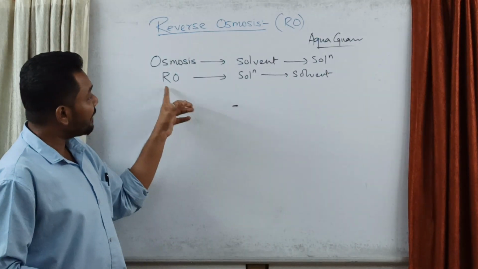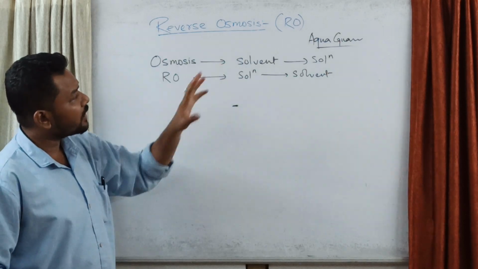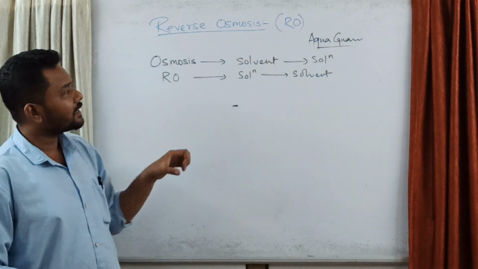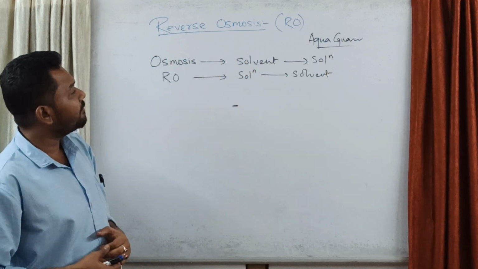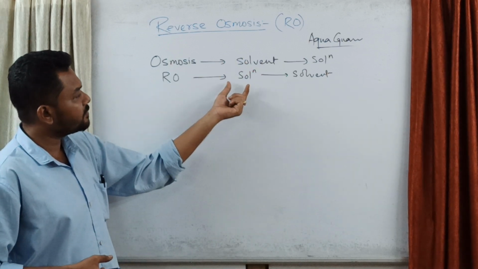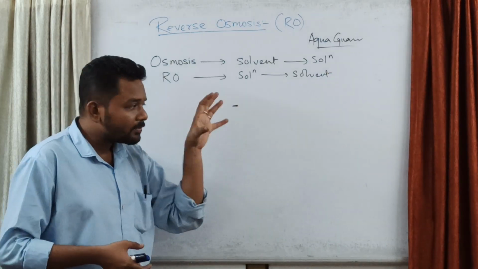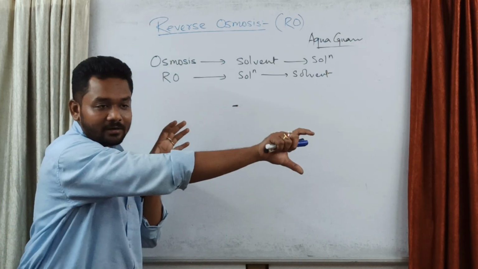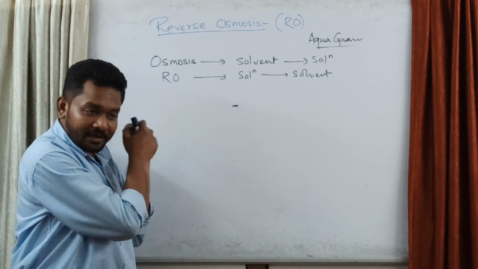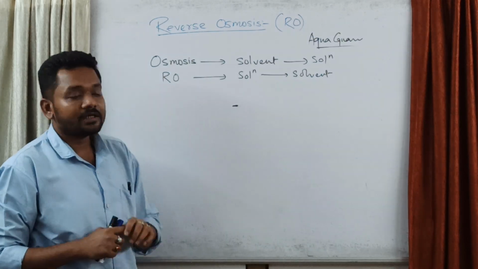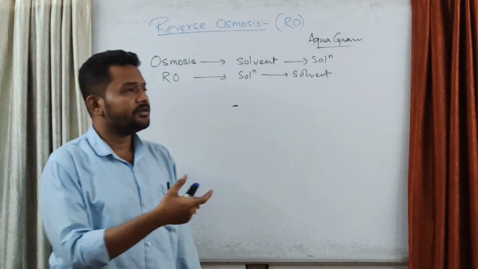So by the application of reverse osmosis, which you can apply in the aquaguard. Aquaguard কি করছে? তোমাদের বিভিন্ন জায়গা থেকে যে জলগুলো তুমি এনে aquaguard এ দিচ্ছ, সেই aquaguard এর সেই জলটা বেসিক্যালি সলিউশন। সলিউশন মানে this is basically having some impure material. So with the application of reverse osmosis, from that solution solvent is getting separated. সলিউশন থেকে সলভেন্ট বেরিয়ে যাচ্ছে, তাহলে এখানে কি থাকছে? সলিডটা থাকছে, ইমপিওর ম্যাটেরিয়াল গুলো থেকে যাচ্ছে। এটাকেই বলা হচ্ছে রিভার্স অসমোসিস।